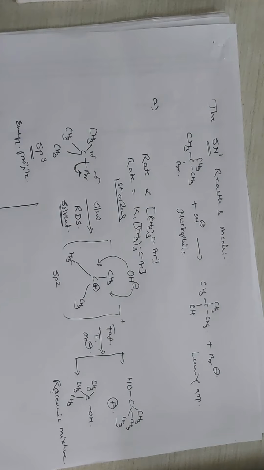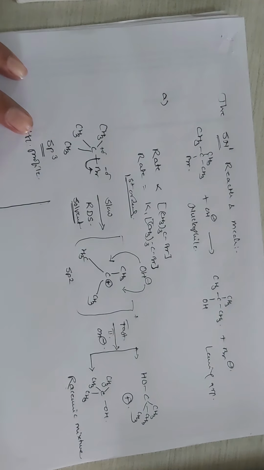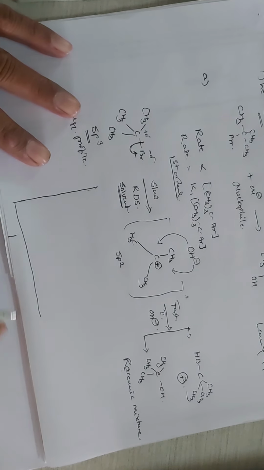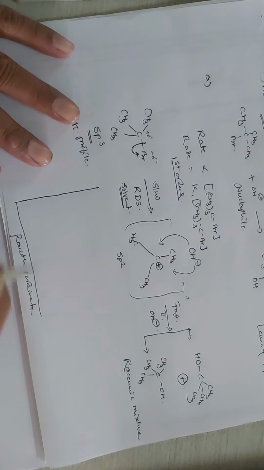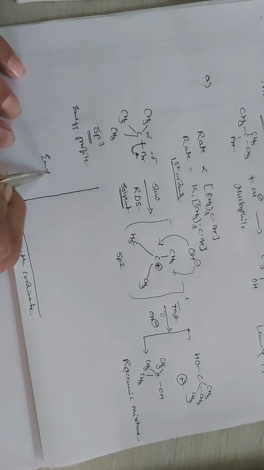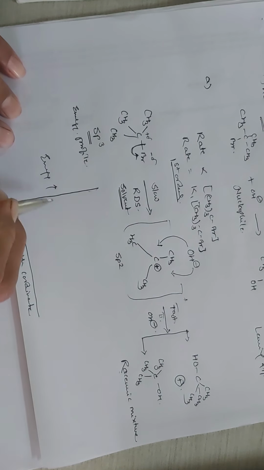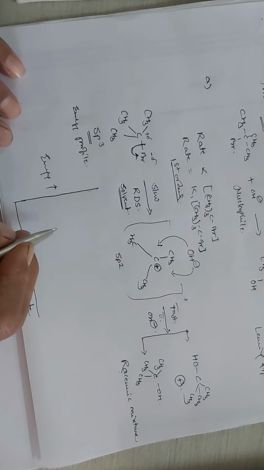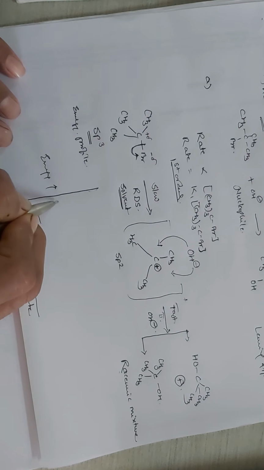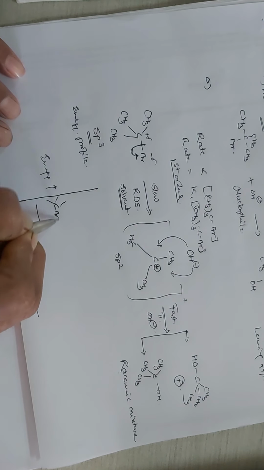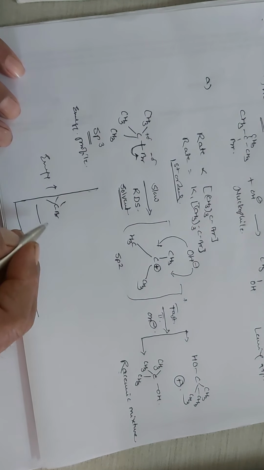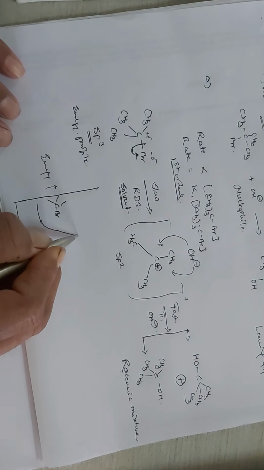Again here, the graph of reaction coordinate versus the energy change taking place in this reaction is being studied. So when the tertiary butyl bromide, that is t-BuBr, undergoes ionization,